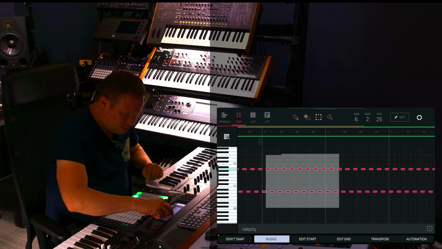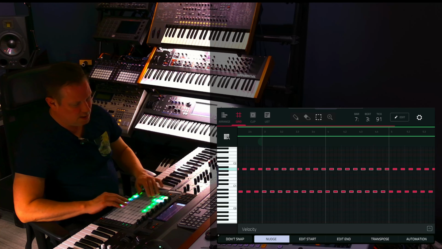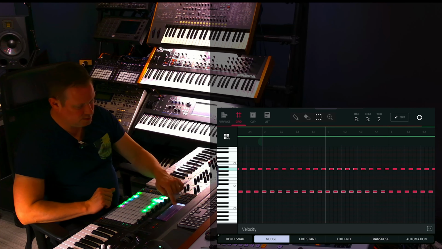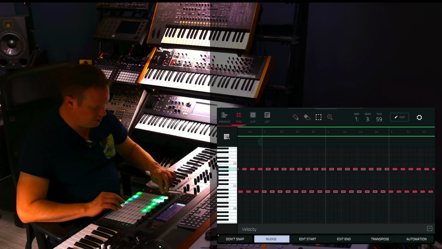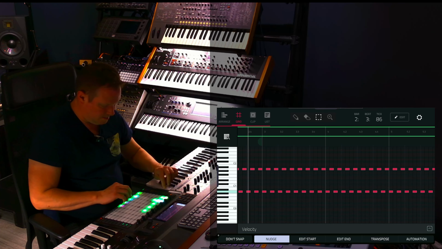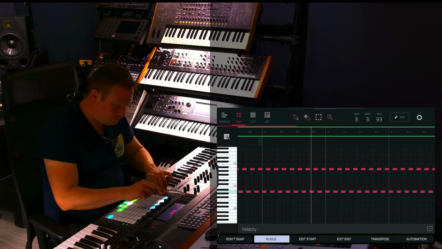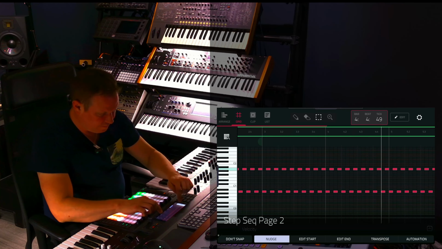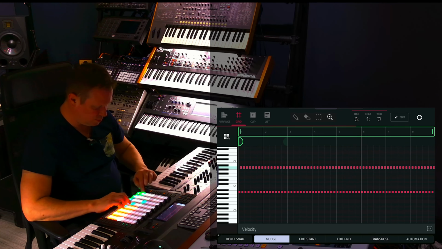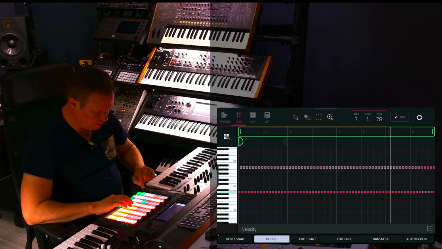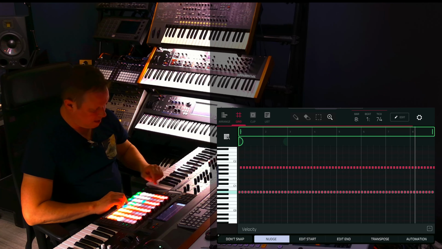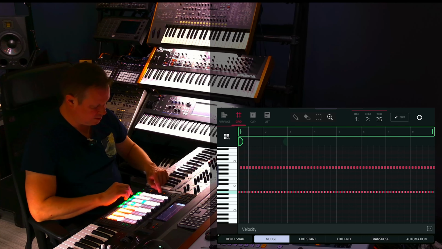I think there is another way. Let's go and try that. I can also select these notes in the step sequencer. And then it should be this one, I think. Let's see if it works. I see those two notes, right? You can press the select button, I think,